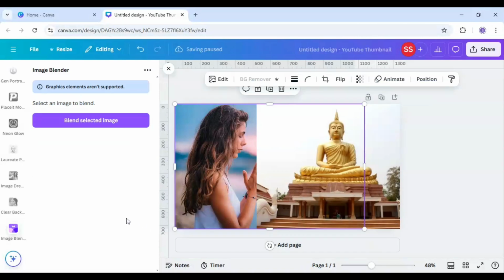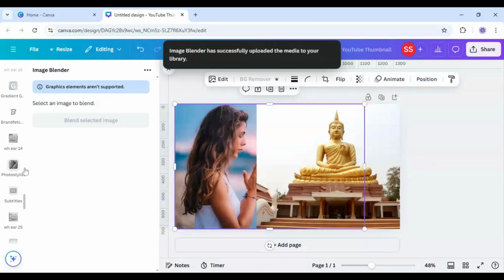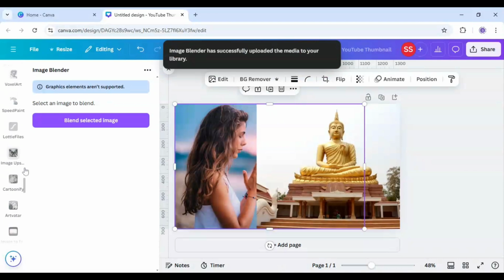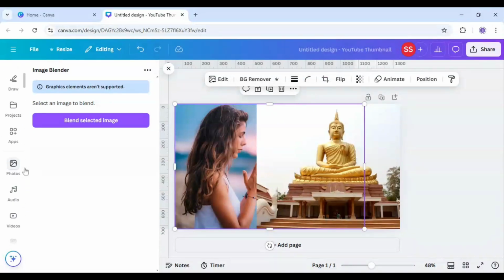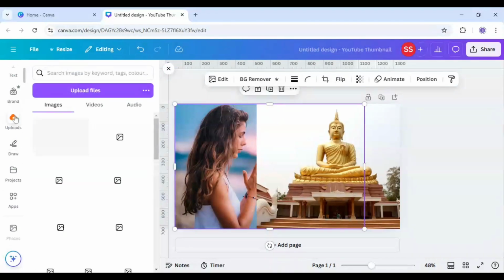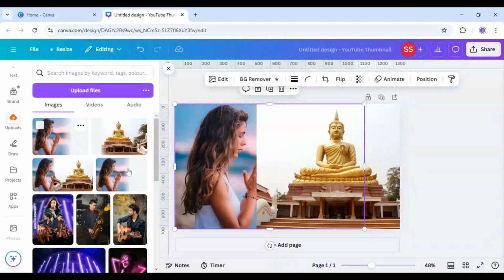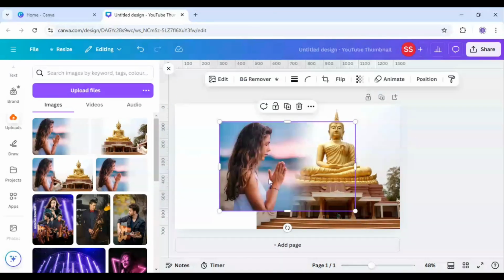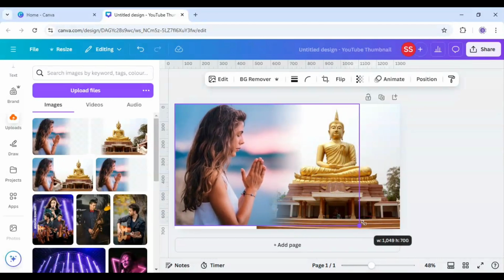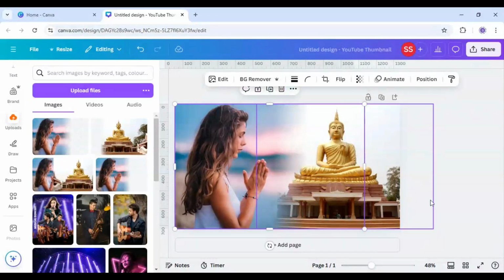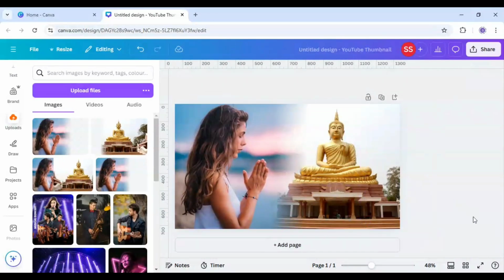and your image will be saved in the upload section. So you will come to uploads here and just delete this image and upload it here. And as you can see, the blended image is ready here,